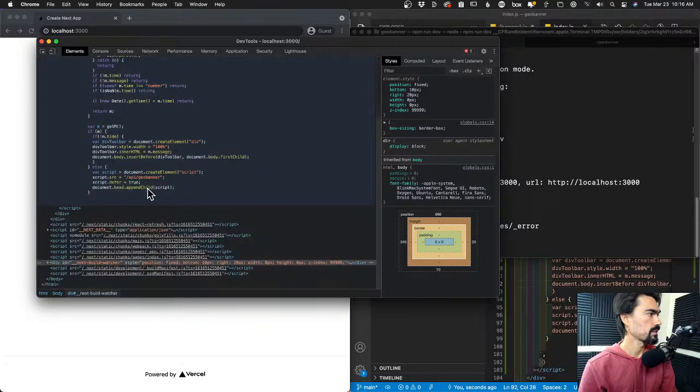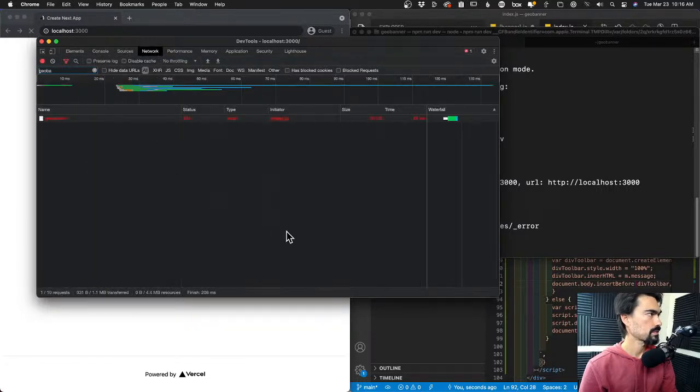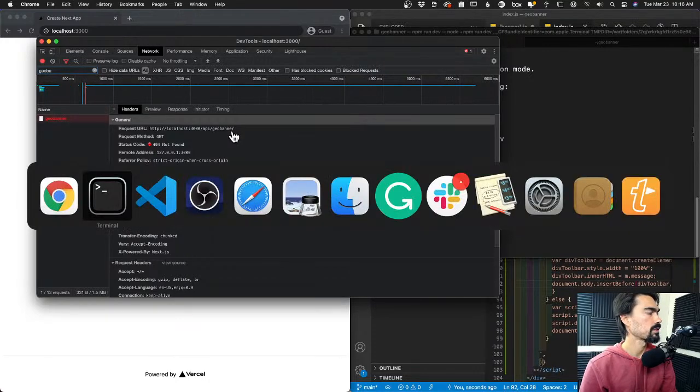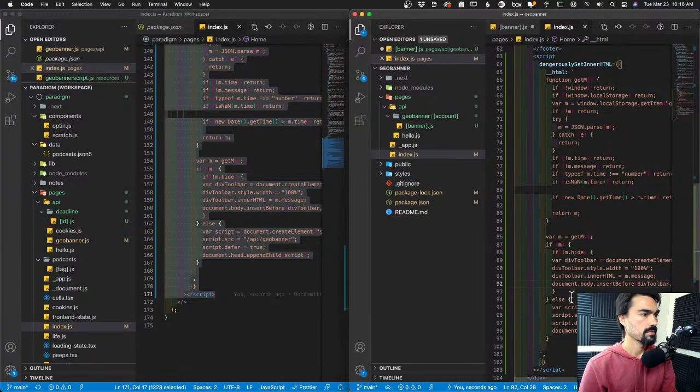Okay, the script is there. And then is it making that request? Yes, it's got a 404 to GeoBanner, of course, because I'm using the wrong URL. So this should be GeoBanner. I'm gonna have to change the script in a second, but it should be GeoBanner